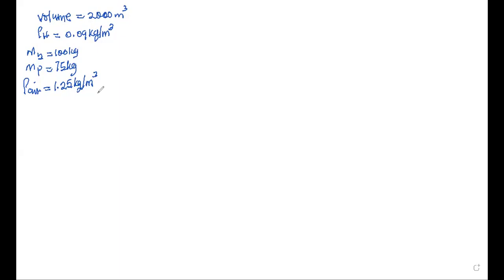And how will this figure change if helium, which has twice the density of hydrogen, under the same conditions were to be used? Okay, so the whole concept is that